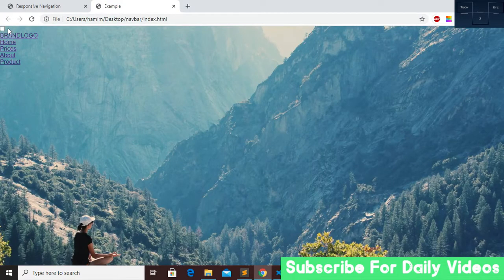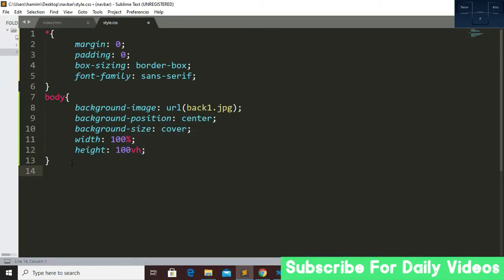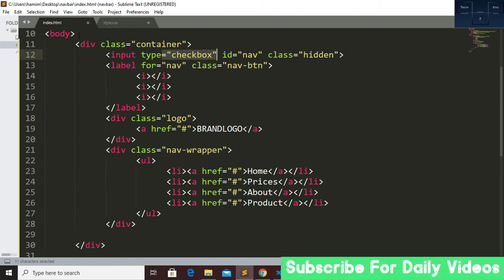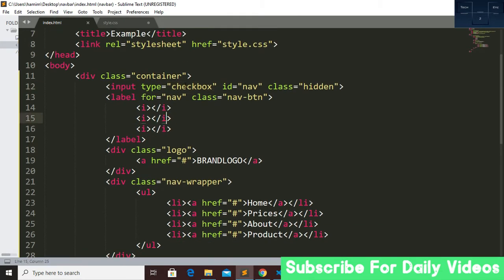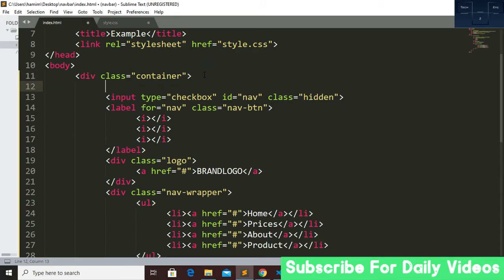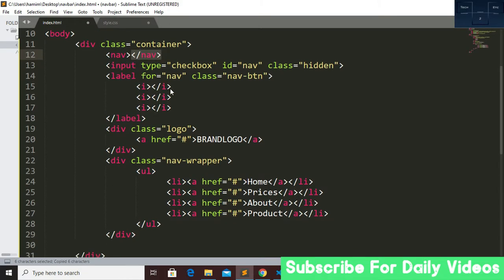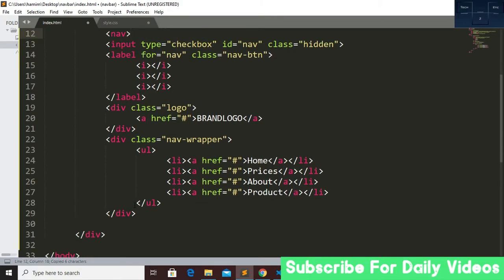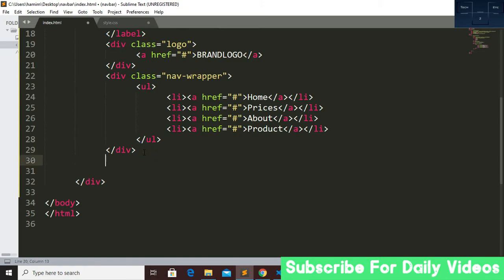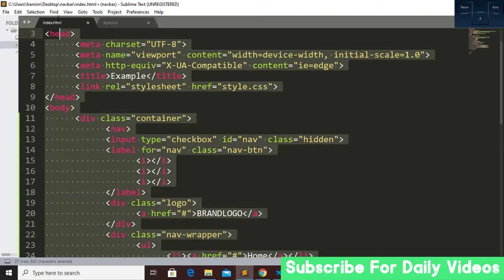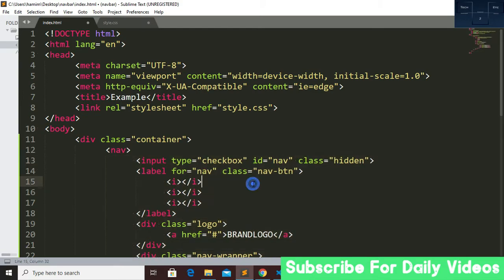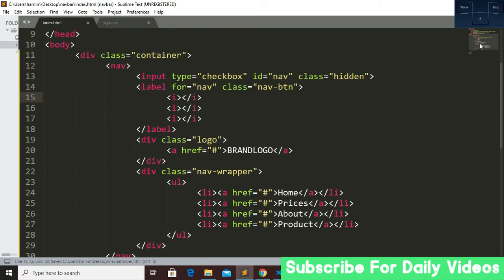So here you can see that in our brand logo and navigation there are no padding and margin from the top, right, and left side, so that's why we have to create some padding. So now we have to target our nav tag. You can do another thing: we have to create another tag which is nav, and the ending tag will be here. That's it. Just rearrange these things. Yeah, now this is looking good.